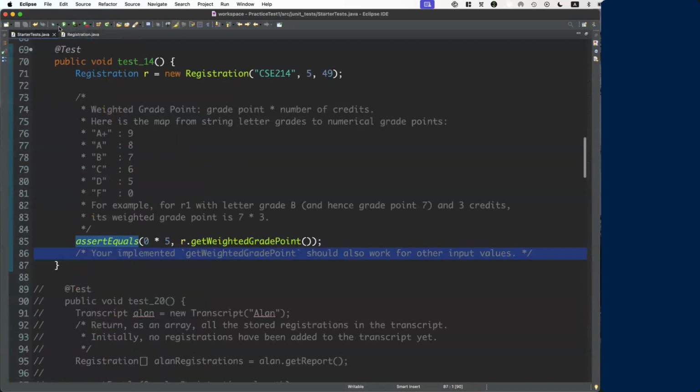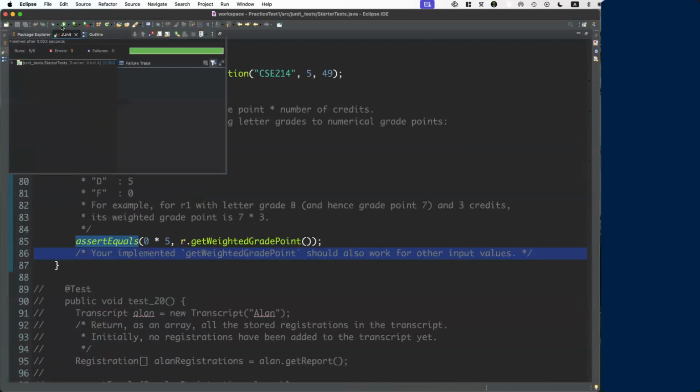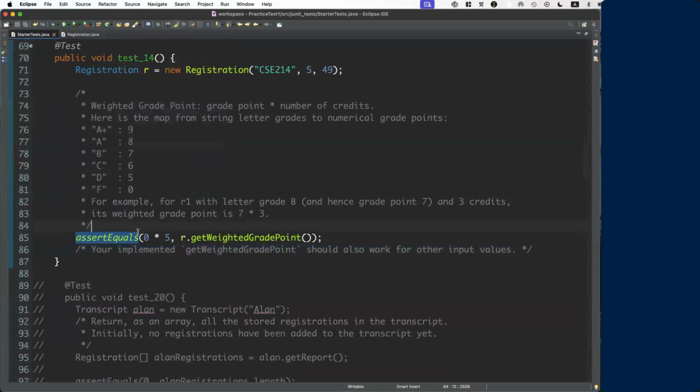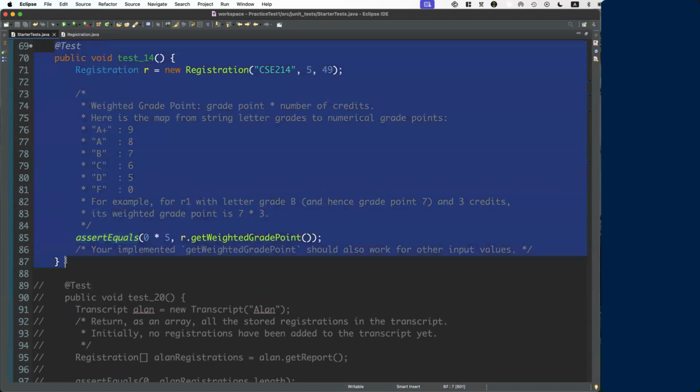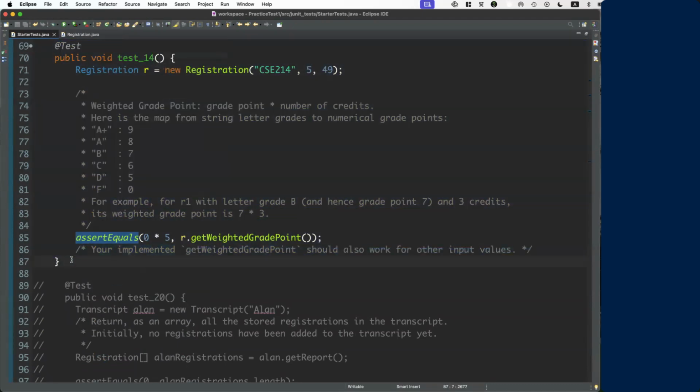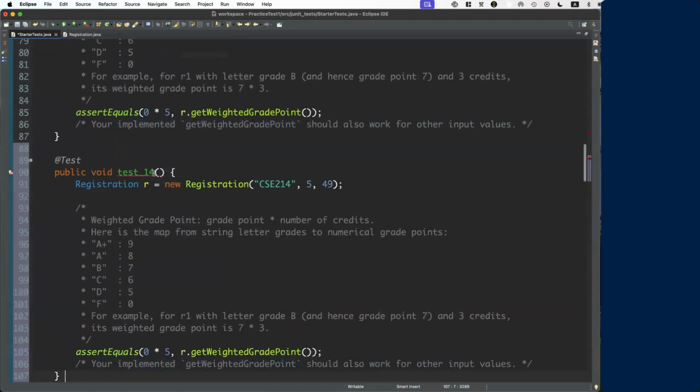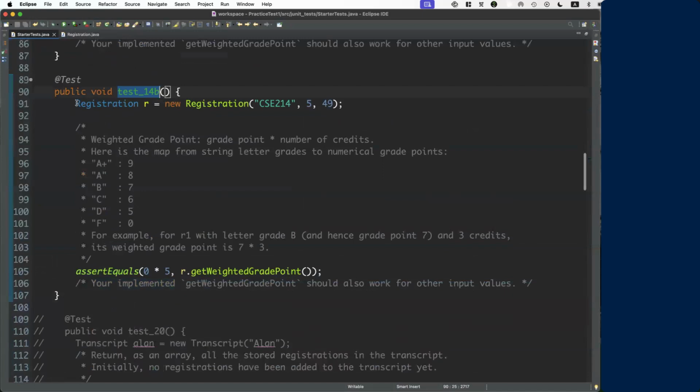Of course, if I rerun the test, it will still pass, right? But I want to be more confident. For example, can I just create a test myself? I can. I can copy this one here, and let's say test 14B. I can have a similar setup over here, but now for my marks, rather than 49, which corresponds to F,